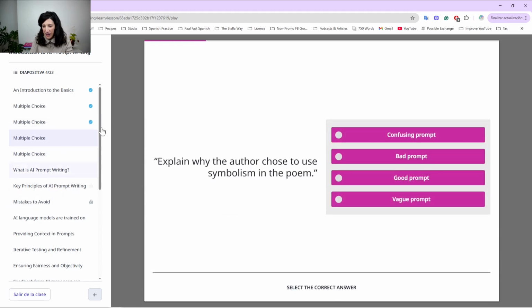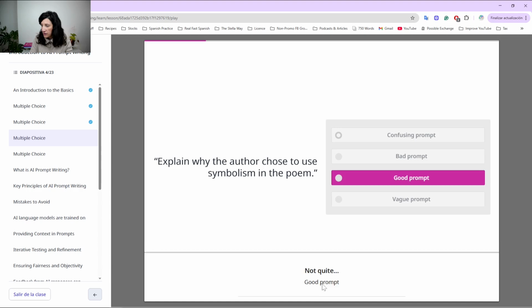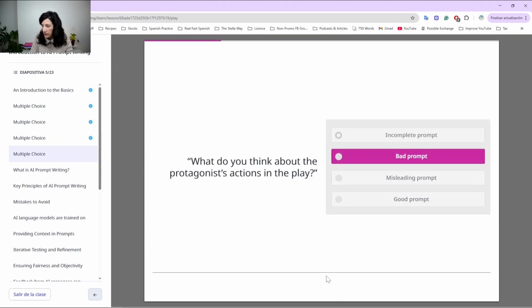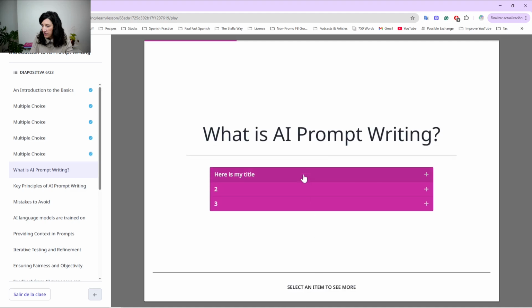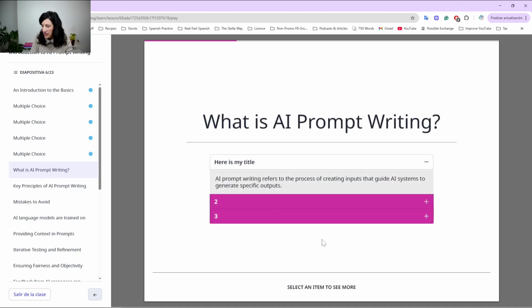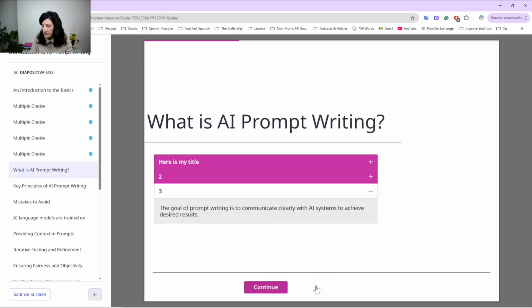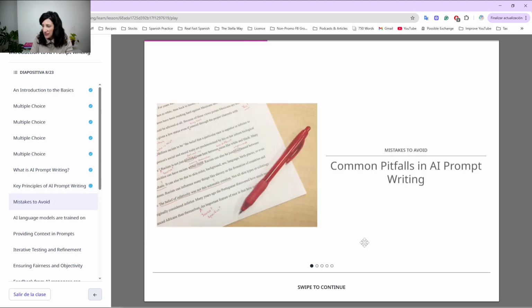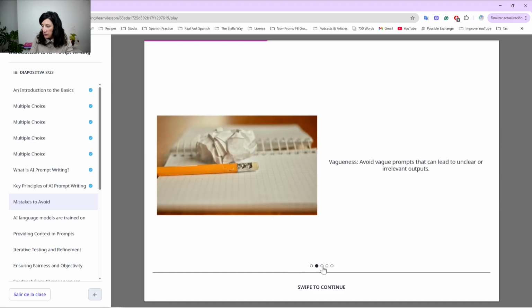Okay, I can't jump ahead because it's all locked, but I can see that I'm progressing well through it. Okay, you can see my updates that I made, and I've selected all the items. So you can see that all of this isn't letting me continue until I've read all of the content. And now swiping through